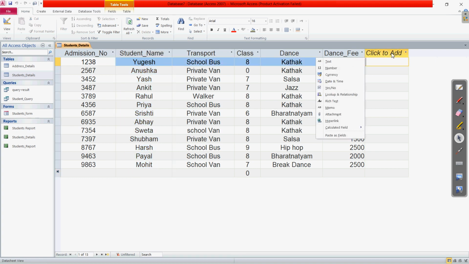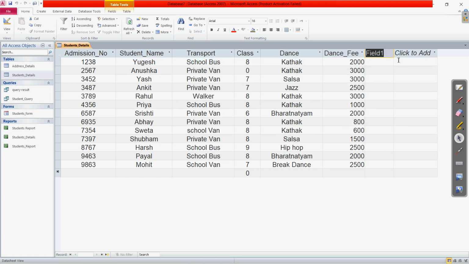And the data types of these are denoted when we want to enter. Suppose we want to enter a new data type here. When we click on that, the data type option is appearing. We can choose the data type here, and whatever the name of that field you want to give, that can be given after selecting this data type. So suppose we want to enter the column name as contact number.